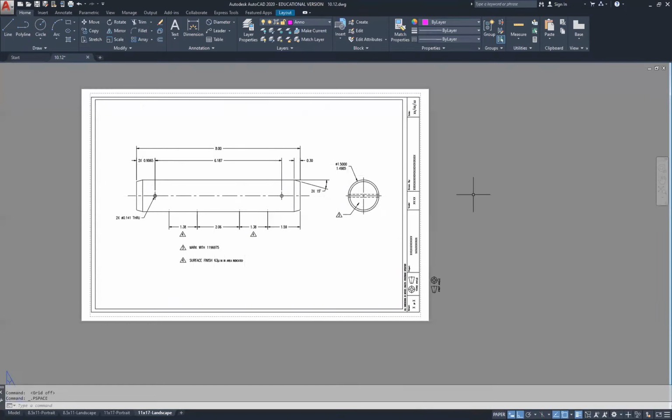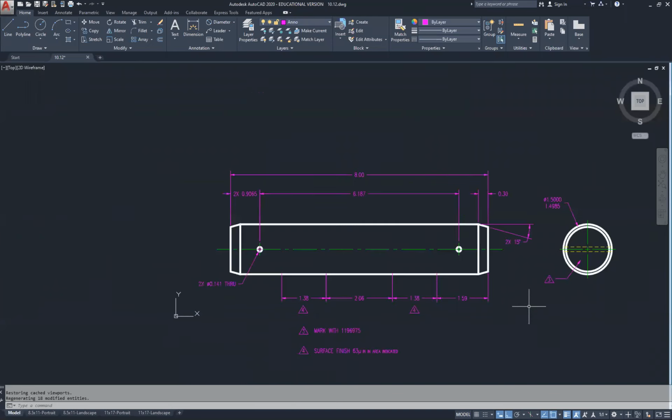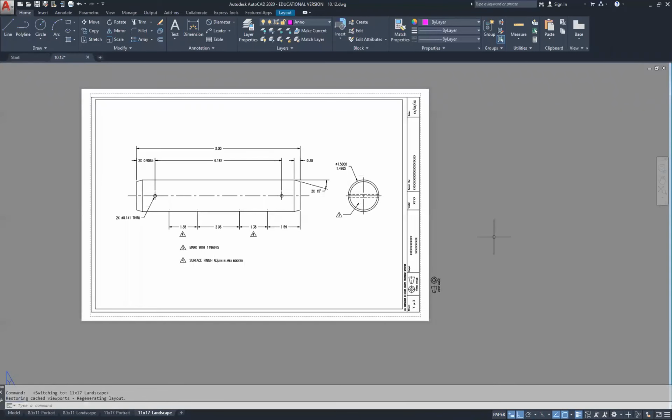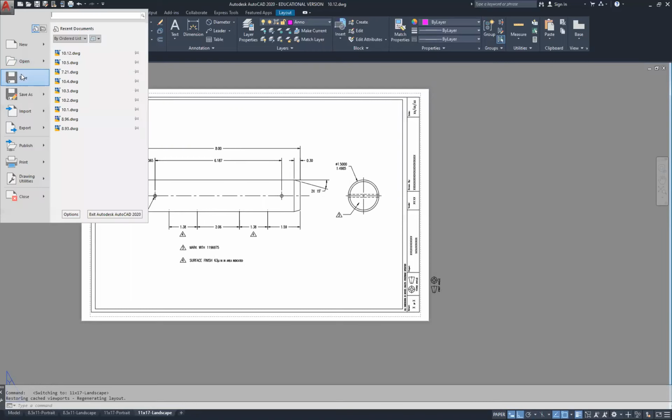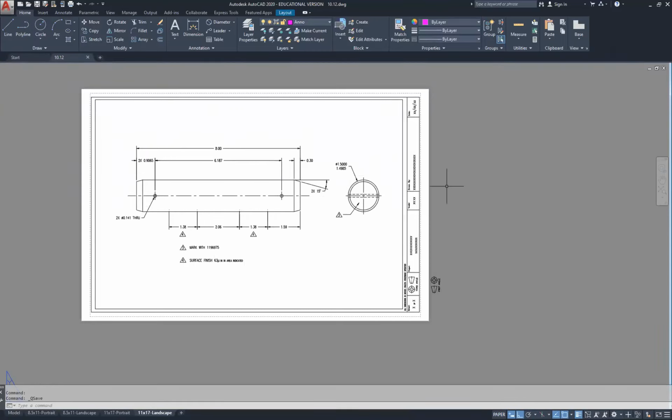Hopefully it's good enough. Did I make all my line weights good? Let's take a look at my model again. Yes, got all my good line weights. Correct line types. So boom, boom, boom. We got everything all set up here. Let's make sure we save our drawing. Now that we're all saved up,